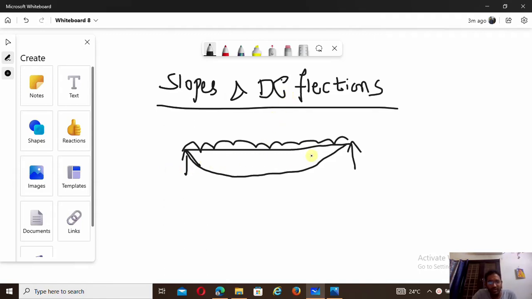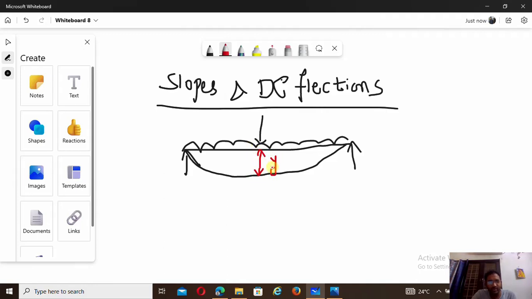So if you consider a beam, this is a simply supported beam, and it is carrying either a uniformly distributed load or any point load. The beam changes its original shape. This change we may call deflection. See here, this is a deflection diagram, and this is the deflection we are going to denote by